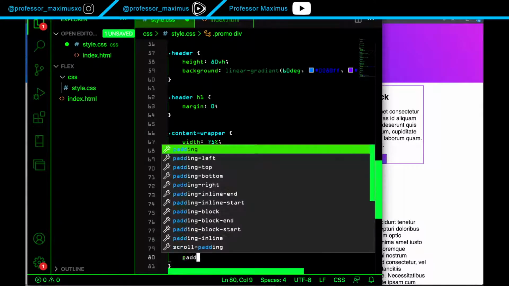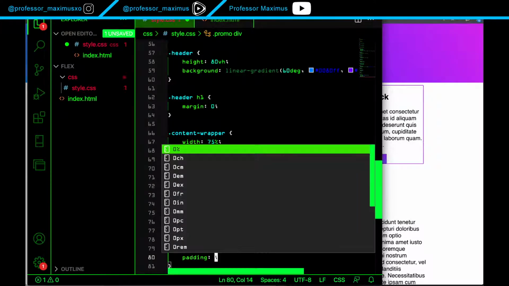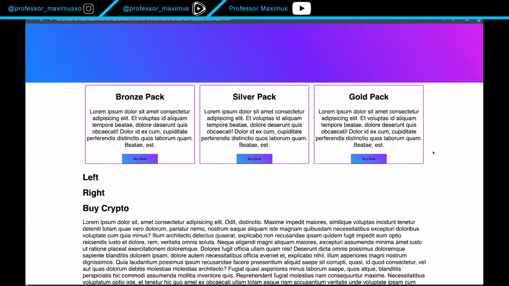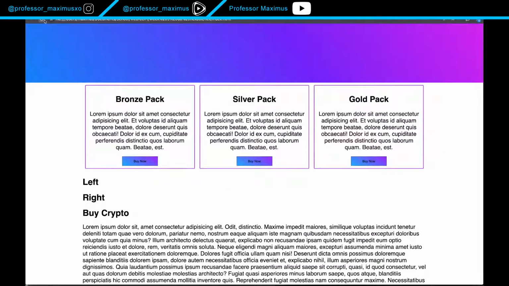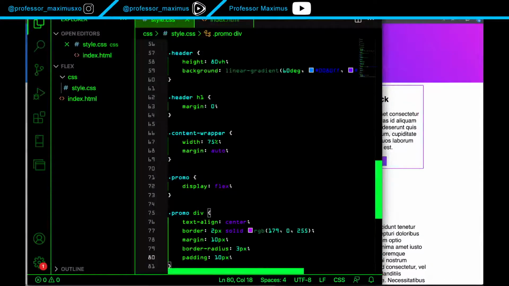You could put padding if you needed it, just to put more space on the inside of the box, right? But I'm going to not put padding,